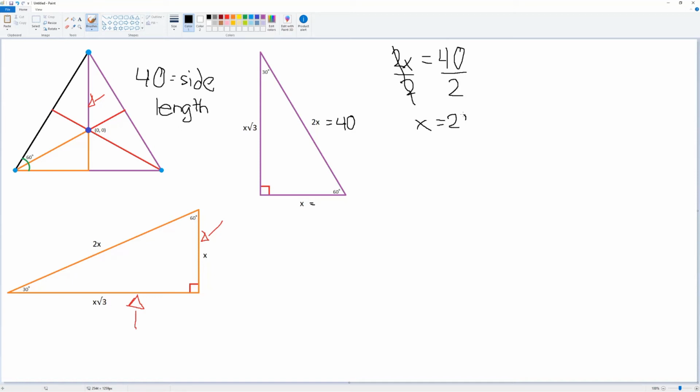All right, so we know the value of x. Beautiful. And that actually checks off one thing that we needed to know. We know that this value is going to be 20 over here. x equals 20. And now we need to know, well, what's x rad 3? Super easy. We just stick a rad 3 on the end of x, which is 20. So we know that this is equal to